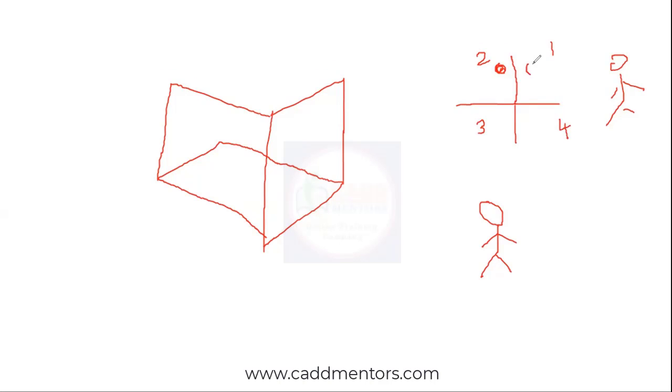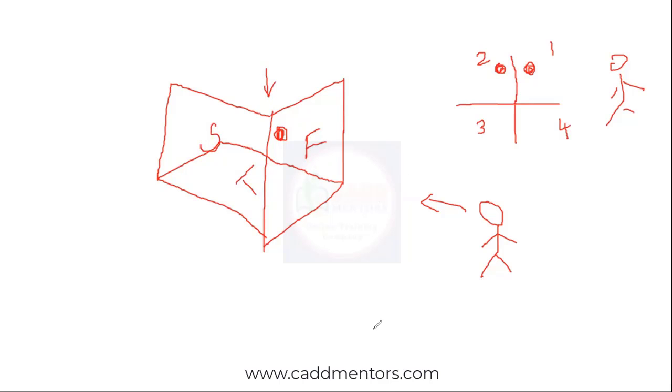Now in first angle of projection, it was here. In second angle of projection, the object is placed after the projection plane. See, you have a projection plane here, and it is placed after the projection plane. But in first angle of projection, it was placed in between the observer and the projection plane. Now what happens? He views the front, it gets projected. He goes to the top, it gets projected here. And at the side, any of the sides, he'll get a side view.